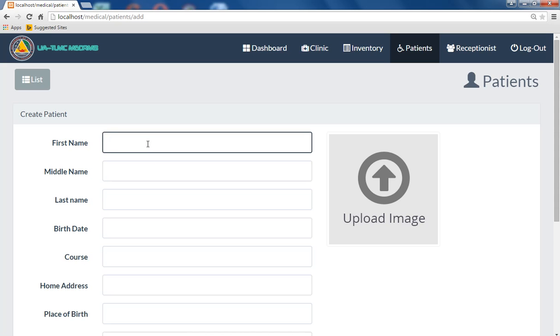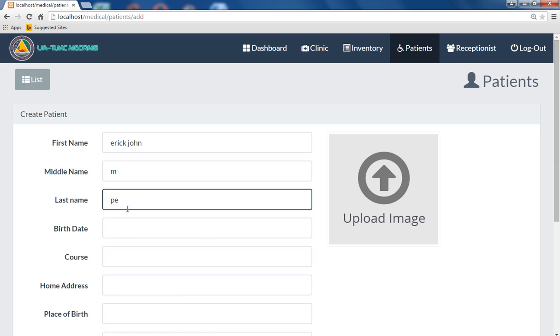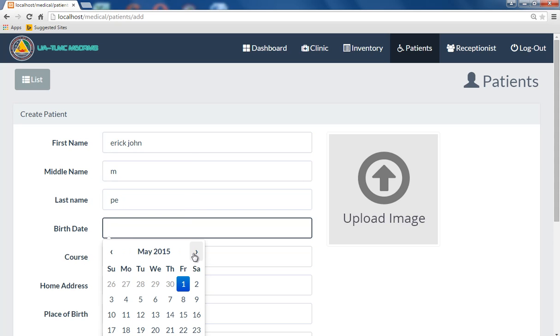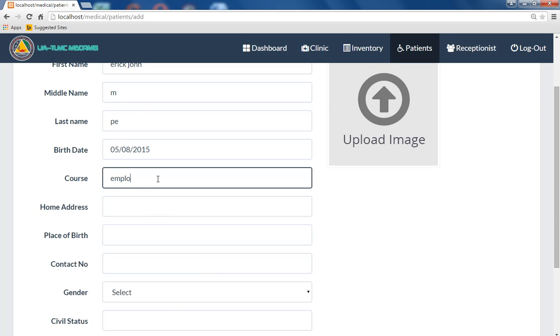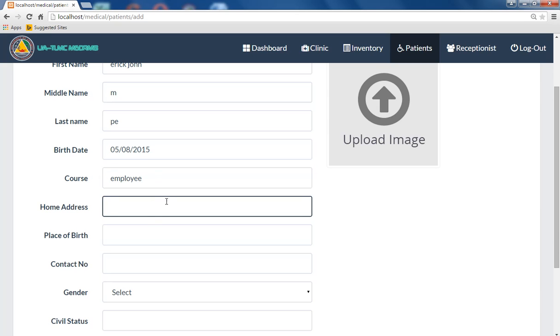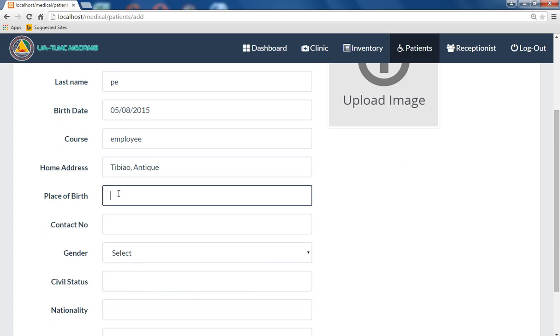For example, we have here the forms: first name, middle name, last name, birth date, course, home address, place of birth,